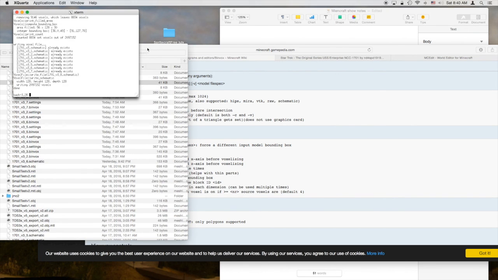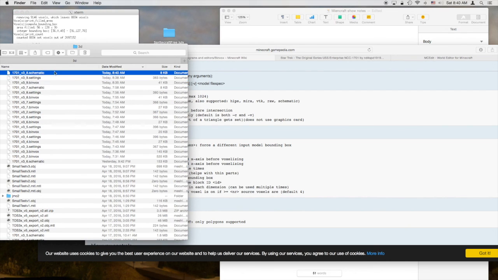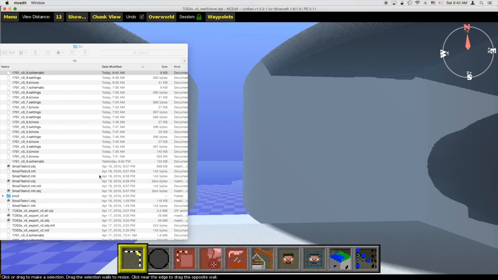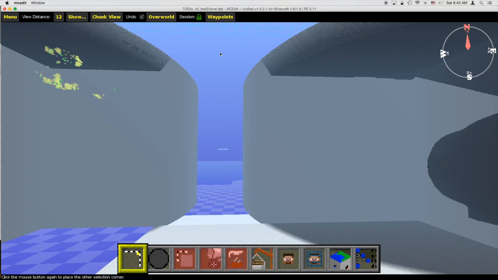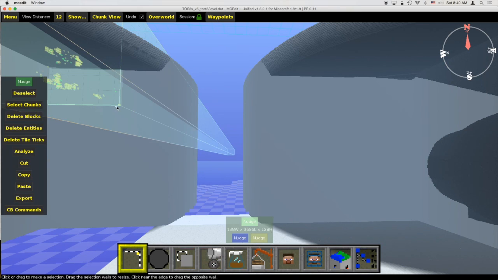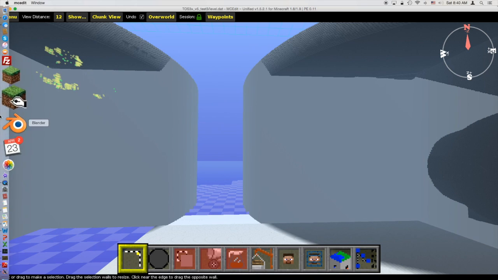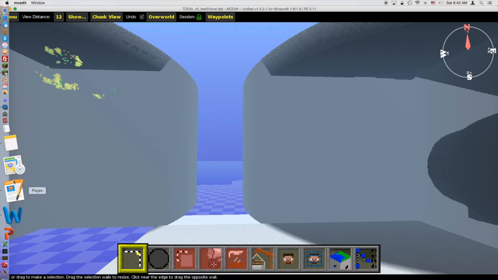Well done. Now I have a schematic called 3.8. To see this in Minecraft, we go to a copy of MCEdit. MCEdit, like I said, is a third-party program which you can use to manipulate worlds offline. It is not for online changes, and in fact, if you try to do that, you'll have major problems. But let's see, if you want to know where to download that,